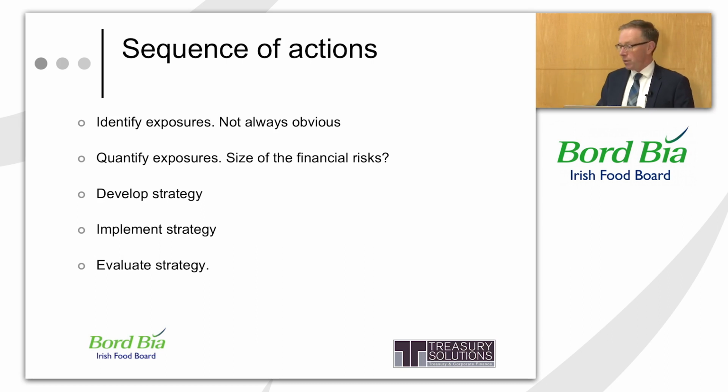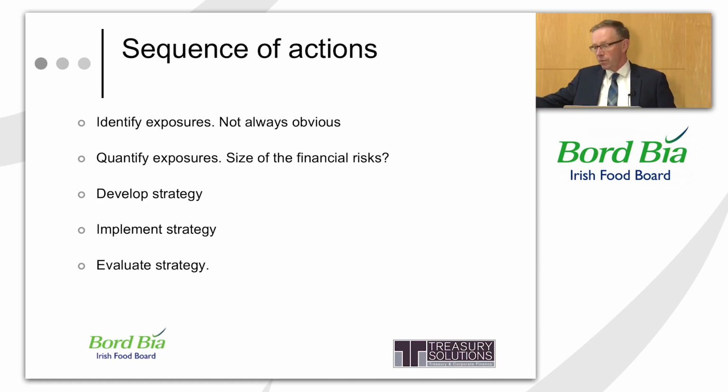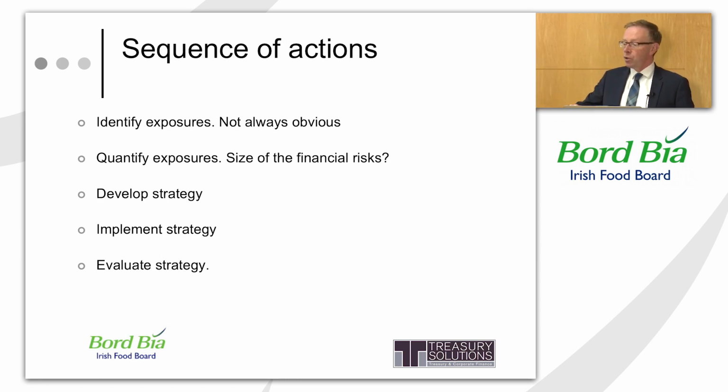It's a circle basically, because if you think about it, as I've said already, your forecasts as you go out the way get less and less probable. So what you do is you hedge, looking forward a number of months. Then at the end of that month, you probably add another month's forecast onto your forecast, but you also will reevaluate the months in between to see whether the volumes are going up and down. And that in turn will tell you whether you need to do more hedging or you're okay as you are, and it becomes a process. So it's not that you develop a strategy for the year and you leave it at that. You develop it, you implement it, you look at whether it makes sense or not and what the variables are, you evaluate it and you change it if necessary. And that is a continual process.